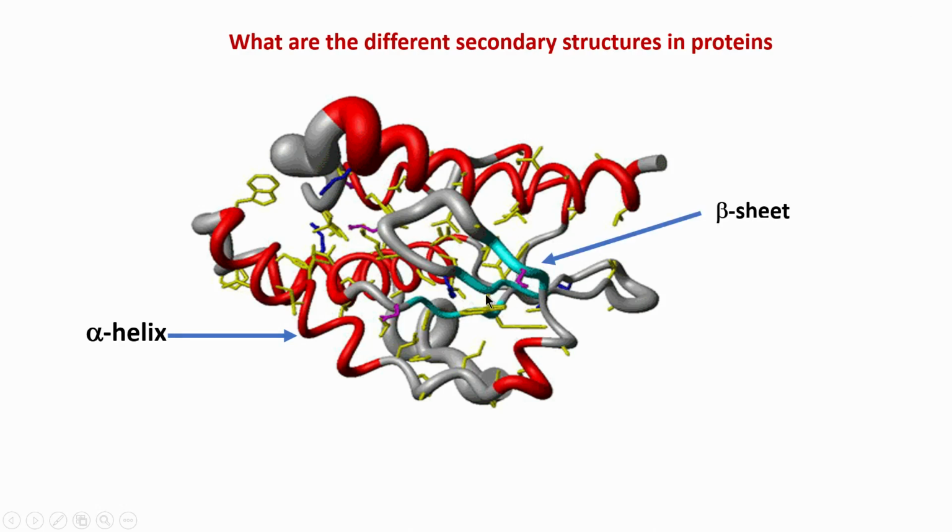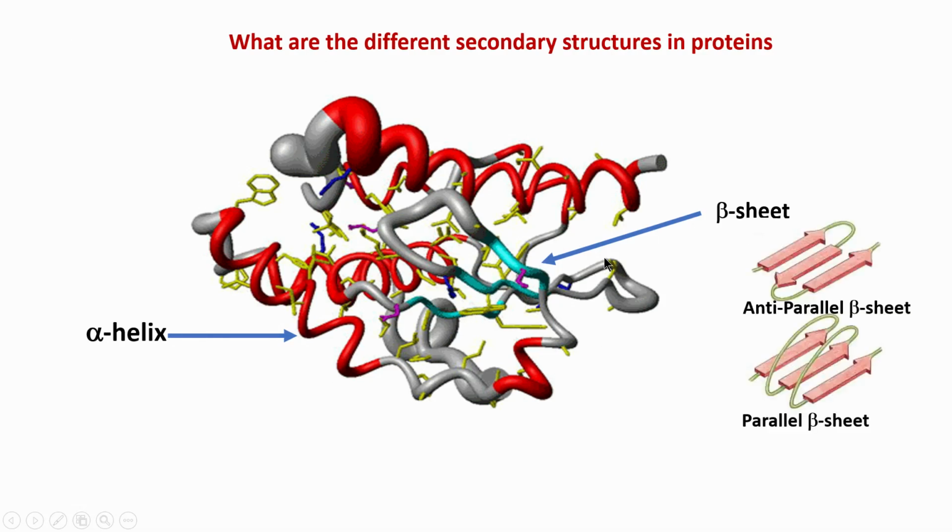There is a beta sheet here. You can see this blue color, there are 3 strands which can be seen, and these 3 strands together form a sheet. Parallel and anti-parallel beta sheet conformations are possible. That is what is shown here, that you can have an anti-parallel conformation. In an anti-parallel conformation you will have this beta strand going, and then there is a loop, and then there is an opposite anti-parallel beta strand, a loop again, and then again an anti-parallel strand. So, you see they are running anti-parallel to each other, whereas you can have another possibility where it will be a parallel beta sheet. Here you can see the beta strand, that is one beta strand.